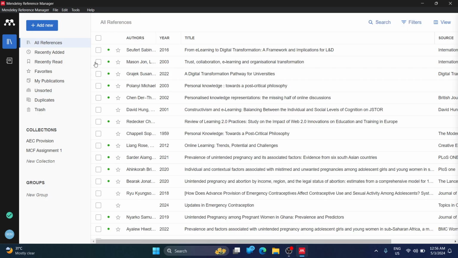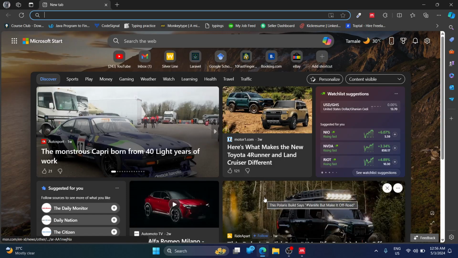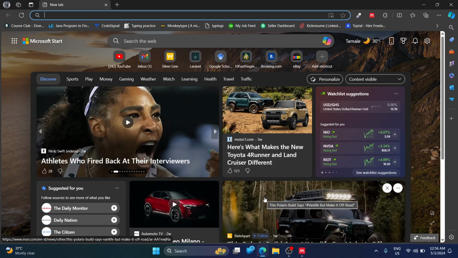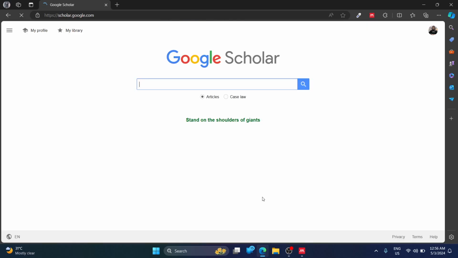So basically, this is the user interface that you get when you open up. Add new references. So right now, what I want to do is add a reference to maybe a research work that I'm working on. So first, you look for your paper or article that you want to add. So let me see. Maybe I'll search for something like